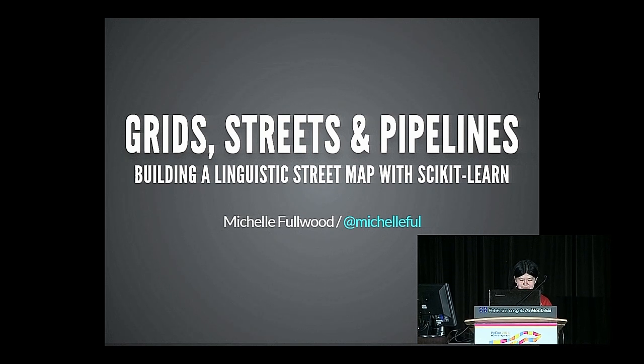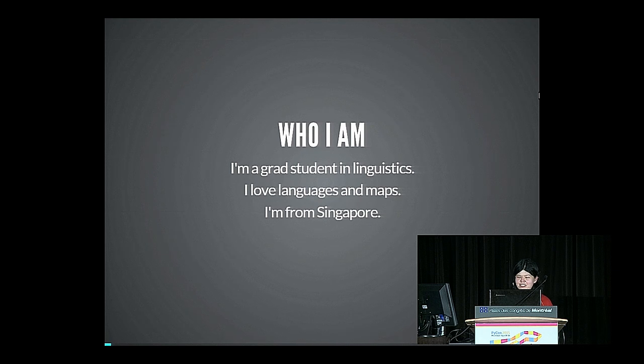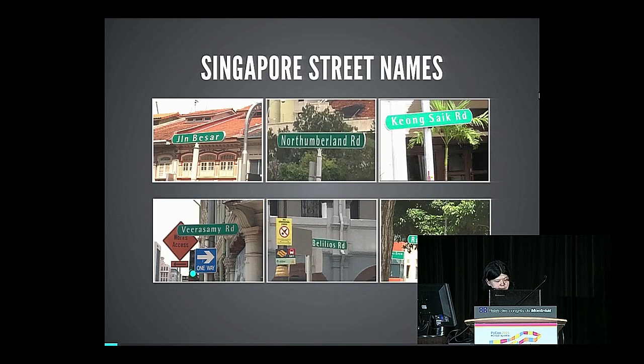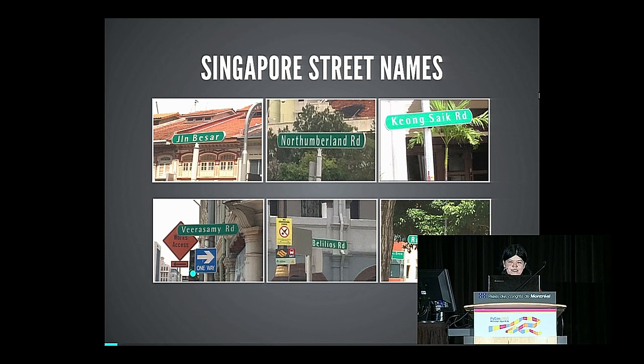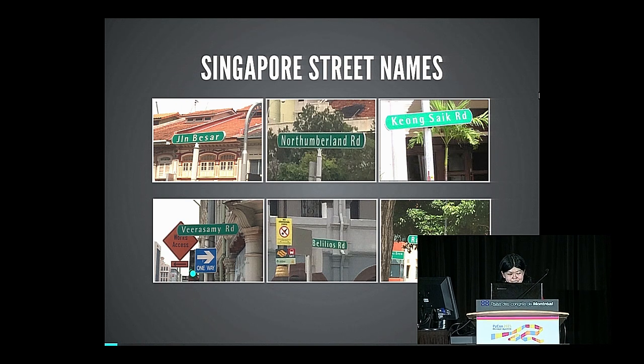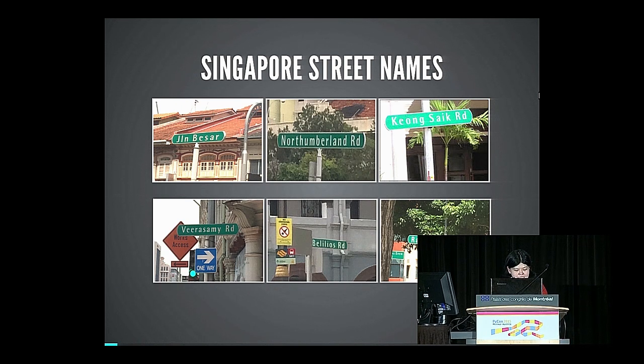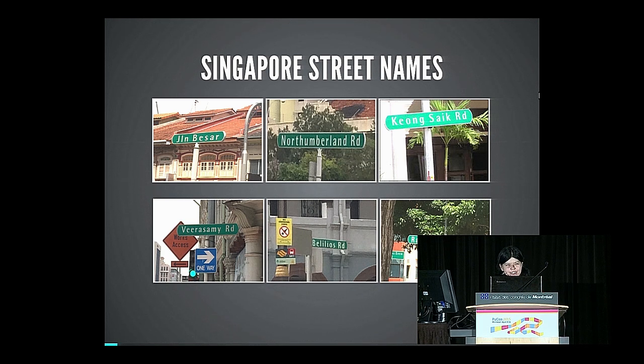Okay, so let me start with introduction. I'm a grad student in linguistics. I love languages and maps. I also happen to be from Singapore. And if you ever go to Singapore, you might observe that the street names there display an astonishing linguistic diversity, reflecting the diversity of races and ethnicities among the people who immigrated to Singapore following the British founding of a port there in 1819. So alongside names from the indigenous Malay community, like Jalan Besar on the top left,